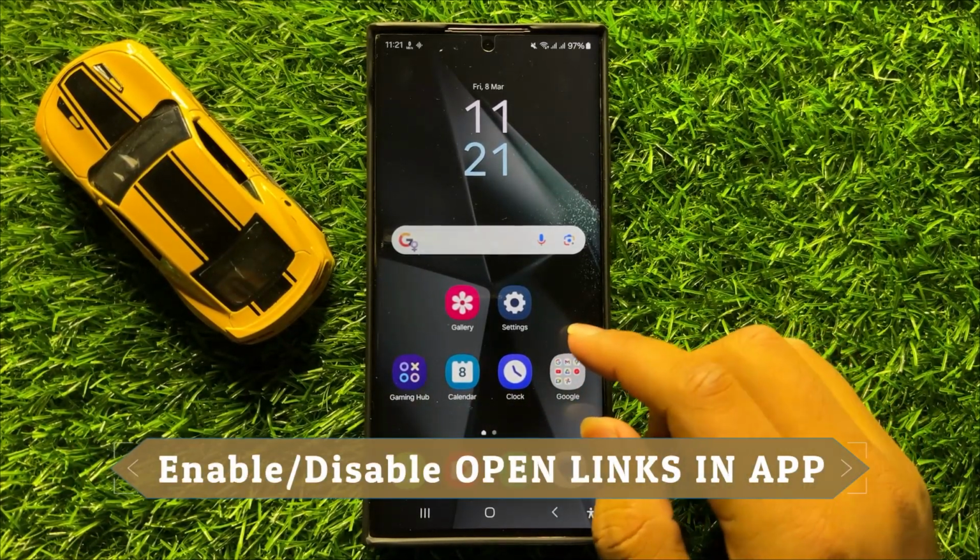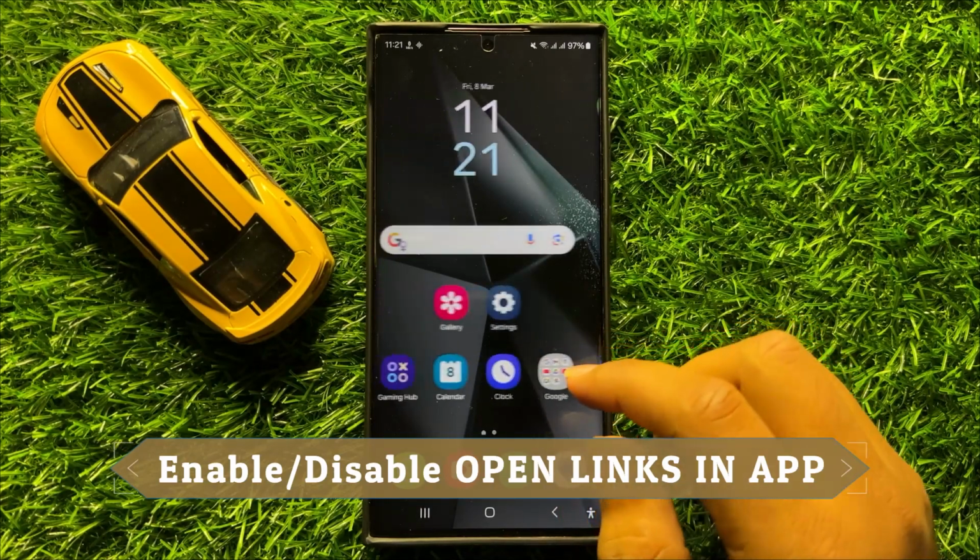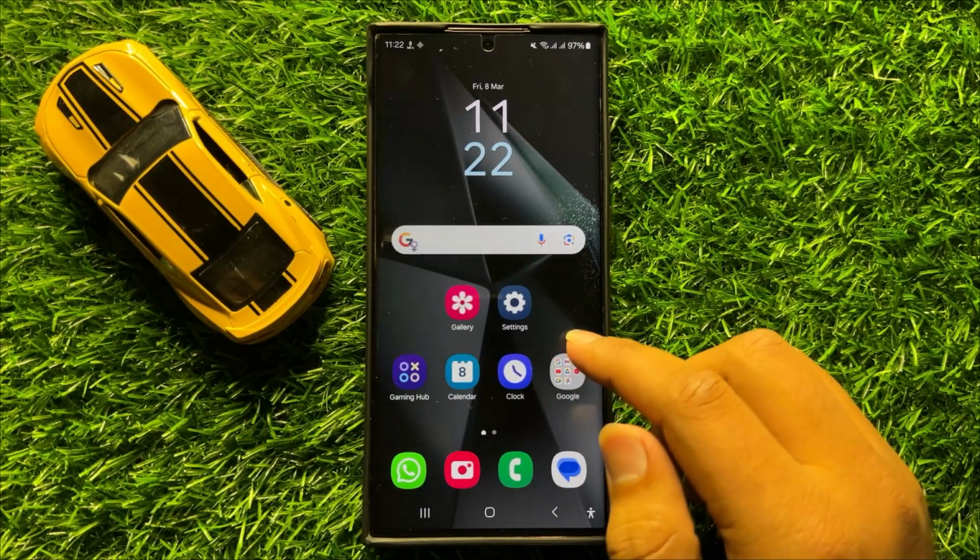Hello everyone, in this video I will show you how to enable or disable open links in app in Samsung